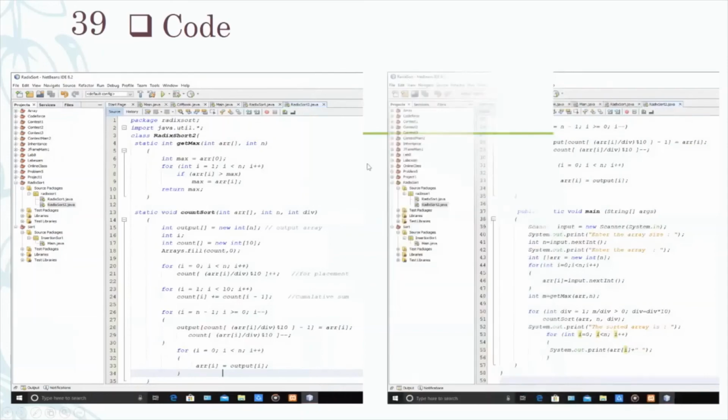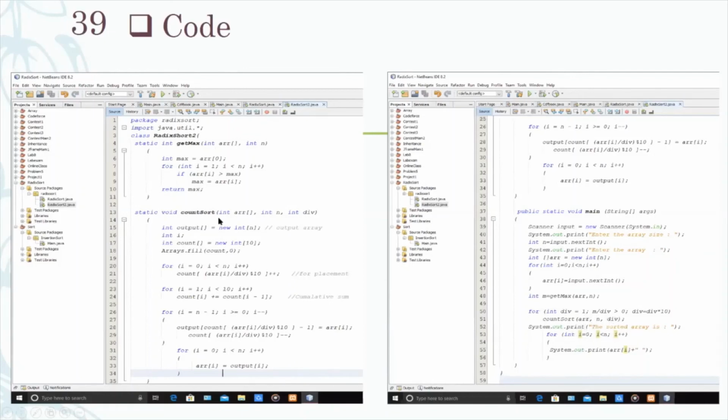Okay, here is the code. I have written it in C#. As I previously discussed about the algorithm, it is the same procedure. Here is my main function. I take the size of the array, and then take the array. Then I take the input. Then I go to the getMax function, which returns the max value and I put it in M. Then the same procedure, division equal to 1, as I previously said in the algorithm.